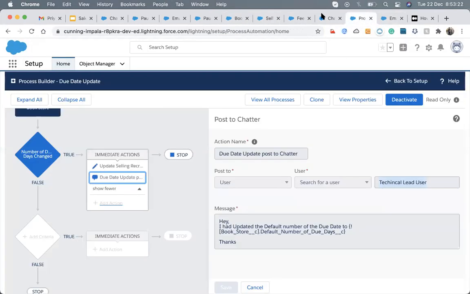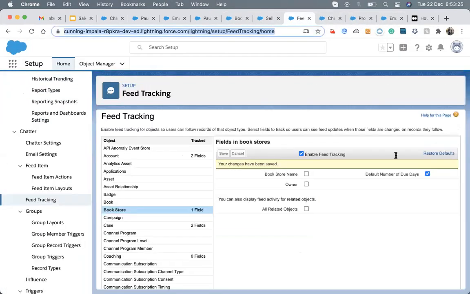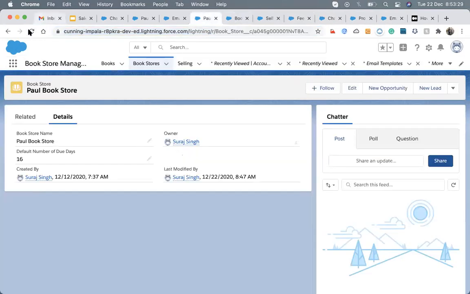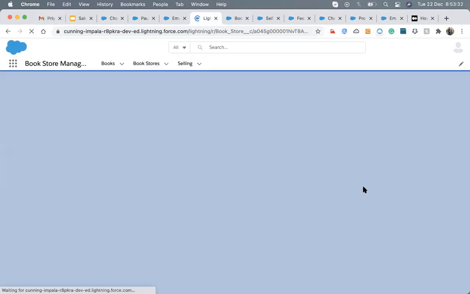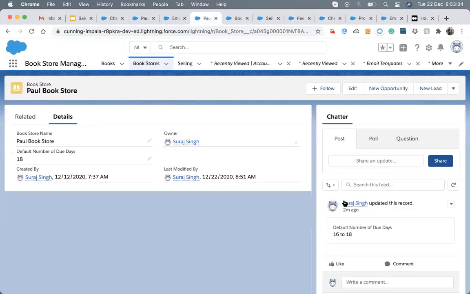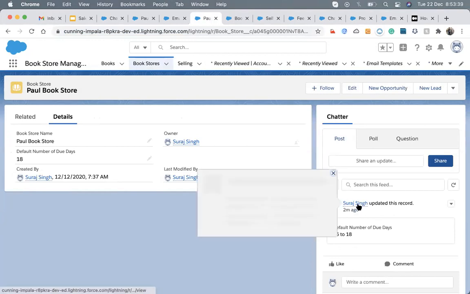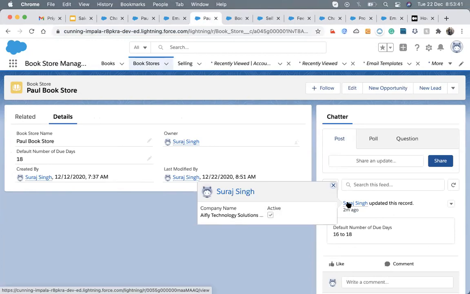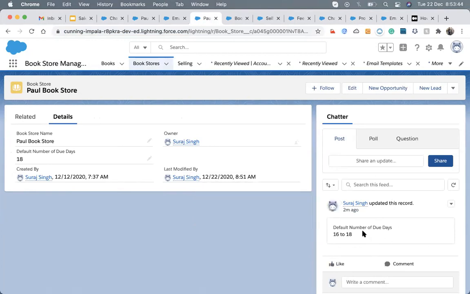I will enable this field tracking, and whenever I make changes, it will capture them as history. But it will not notify any user unless a user follows me. If some user follows me, then he will get a notification that I made changes. But if I have to point to someone so that user gets notified whenever I make changes, I need to make a post on a chatter, and for that I have to use the process builder. Right.